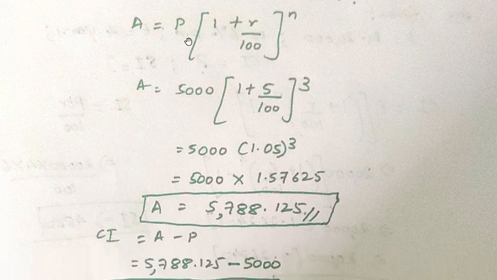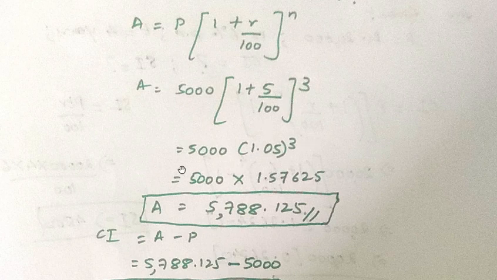A is equal to P into 1 plus R divided by 100 to the power of n. A is equal to 5,000 into 1 plus 5 divided by 100 to the power of 3. When we take the LCM as 100, 100 plus 5, 105, divided by 100, you get